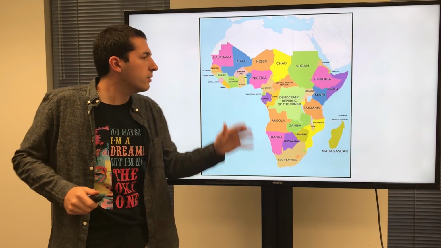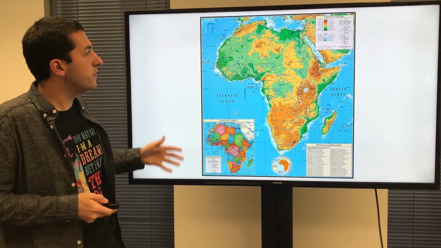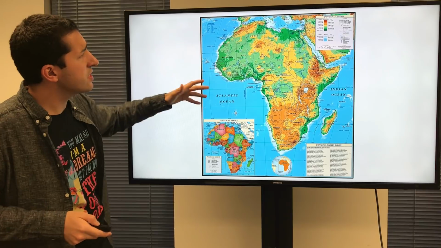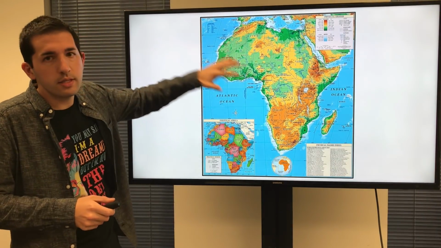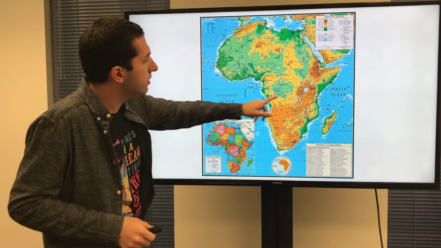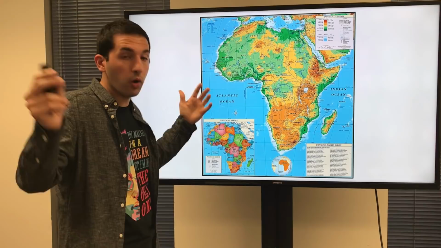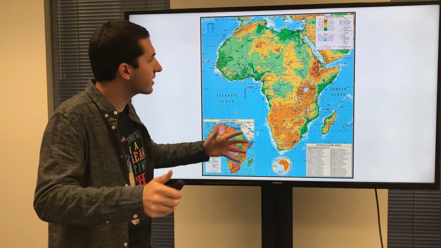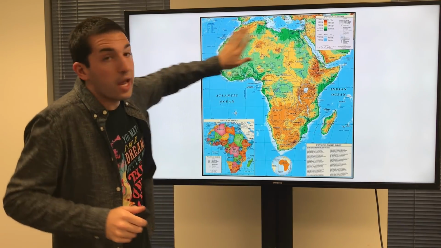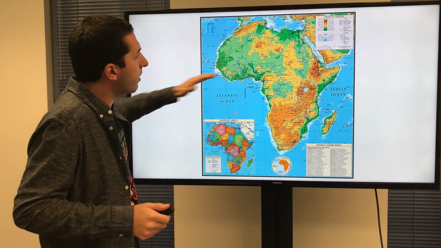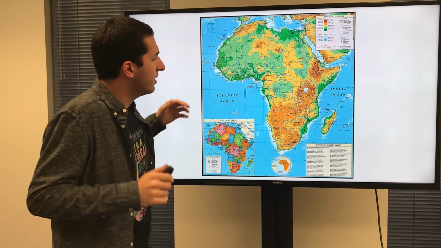The Equator runs through here as well, which will shape our segue into physical geography. And this is an elevation map, so what we're looking at is the elevation here. We see some lowland area here, that's going to be the Congo Basin. That comes up. I just spoiled it. It's going to be on the next slide. And then we have the Sahara Desert, I hope you remember that. And then remember we have the Sahel. I'm just getting ahead of myself. That's all on the next slide.